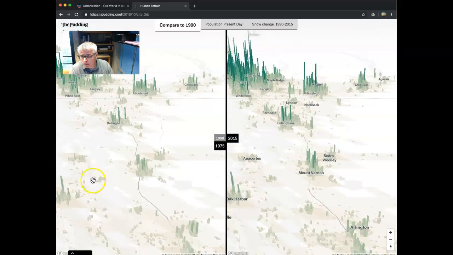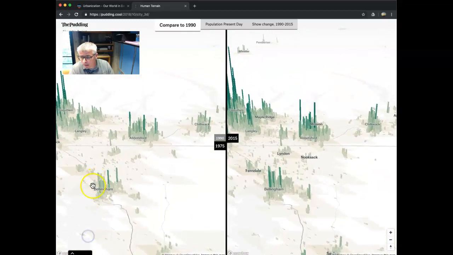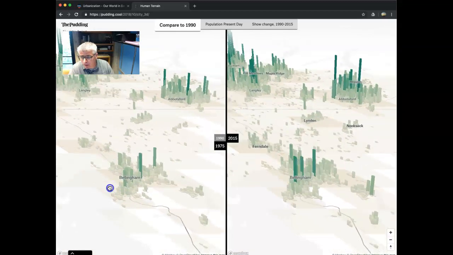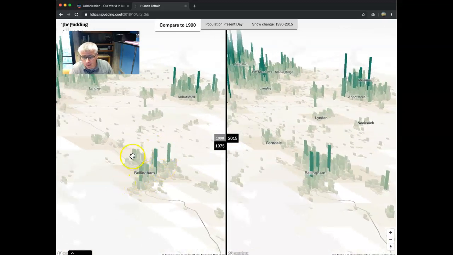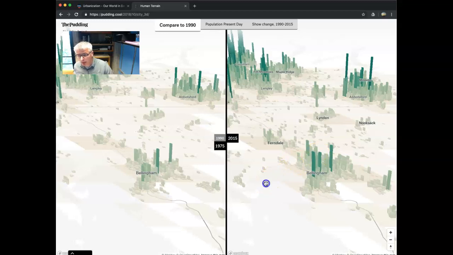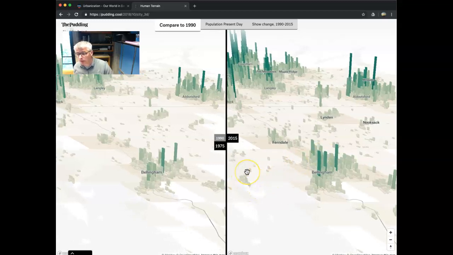Let's look at... I think this is pretty interesting here if we look at our local area. Bellingham has also increased in population, but so has Sudden Valley, which has really built up. And Ferndale's increasing. You start to see more fill-in as well. Lynden's grown, Nooksack's grown, but you start to see more houses and things like here. You see more buildings where there were none in 1975. So there's been a big growth in the population. On the reservation, there's been a large growth as well.